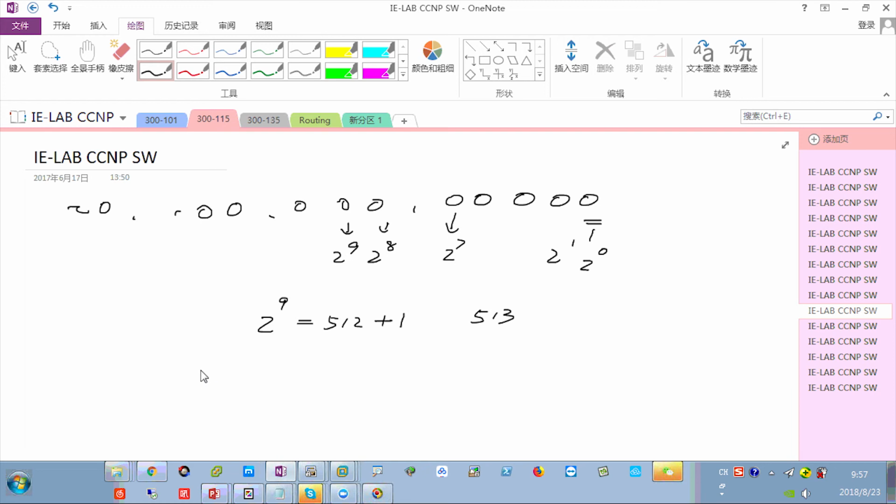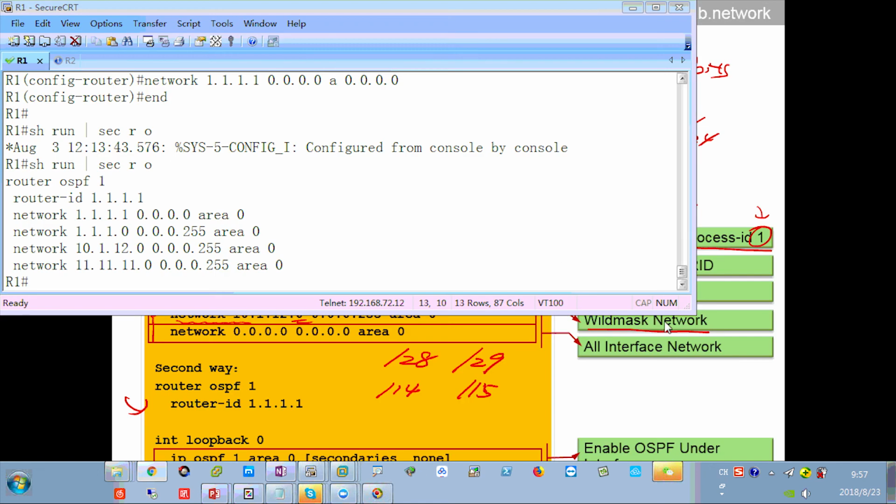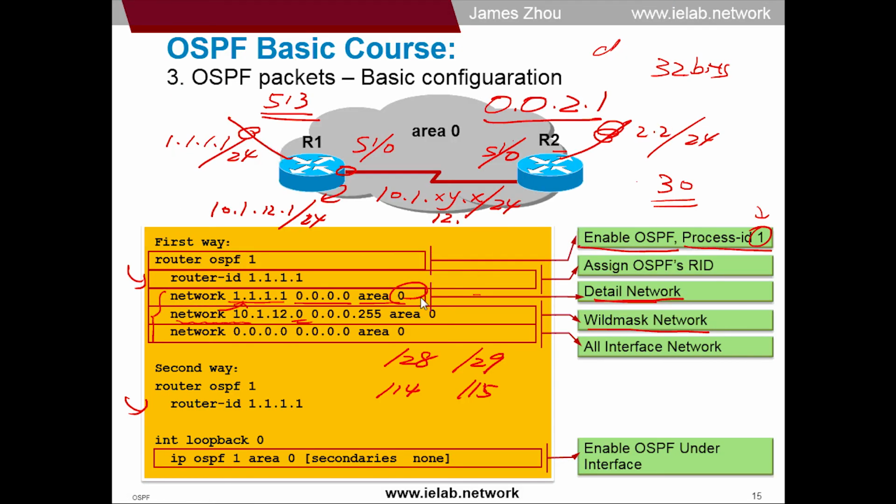So you just write 0.0. Here is 1, here is 0, means 2, right? 2.1 means 513. Yeah. You must know how to translate the number and the dotted decimal. Okay. The last one is network 0.0.0.0